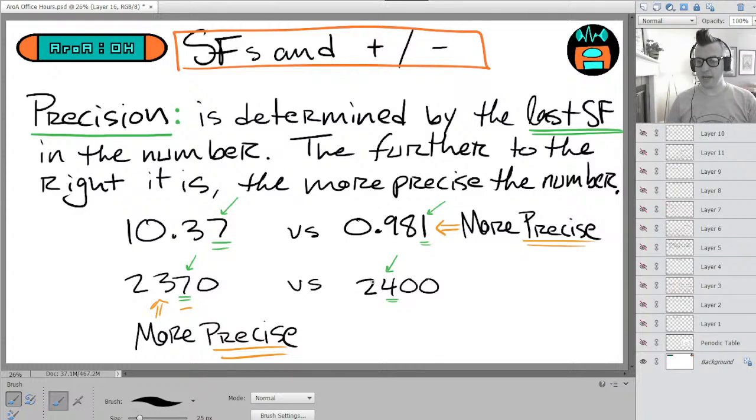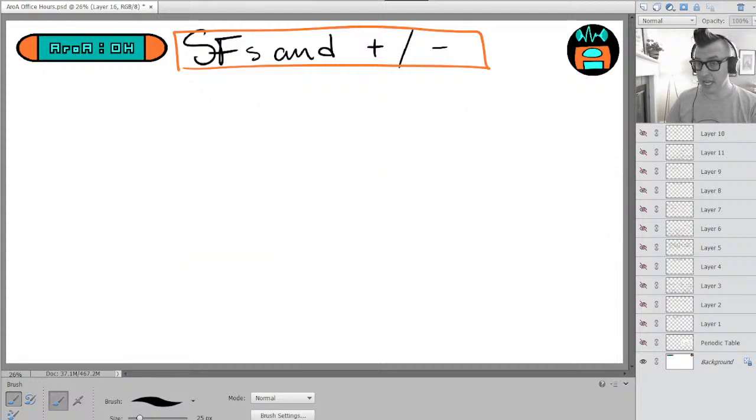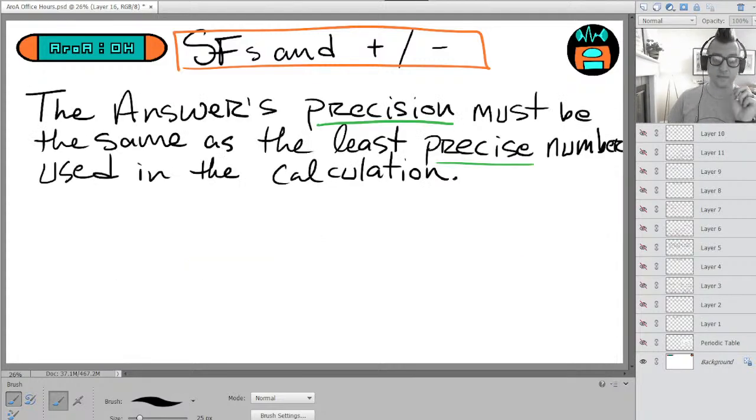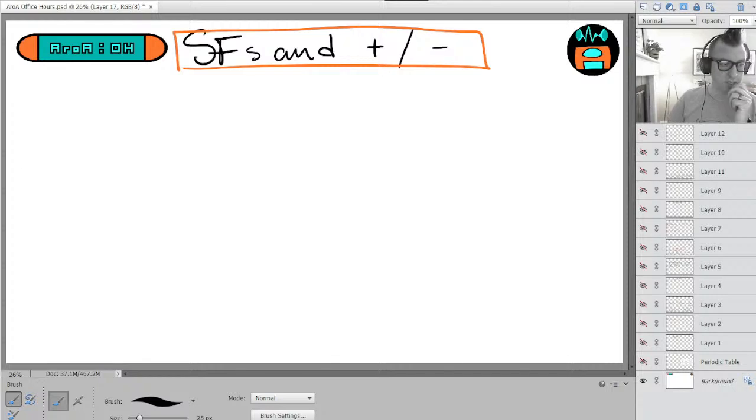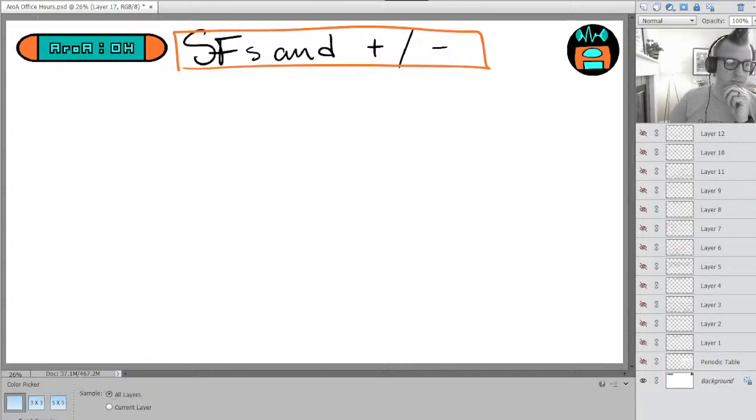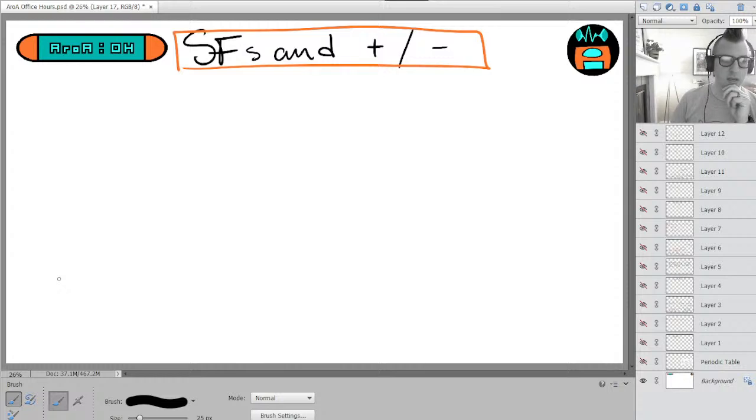So with that in mind, let's take a look again at the rule for applying sig figs, maintaining sig figs, when you do addition and subtraction. It says the answer's precision must be the same as the least precise number used in the calculation. All right, so now let's apply this. Let's actually do a few examples where we use this rule. So let's go ahead and start with